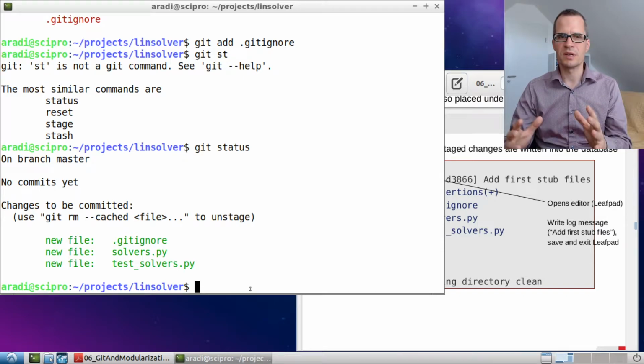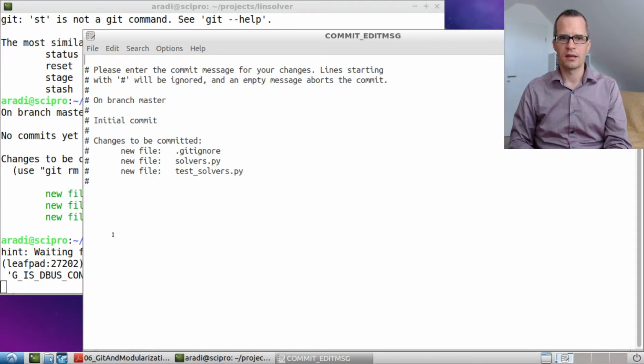So basically commit means make a snapshot now, and let's do that. We are saying git commit, and then it pops up an editor which is the leafpad editor. In our environment you can configure it to something else if you wish, and here we have to say something about the commit, and basically I can just say okay, initial commit